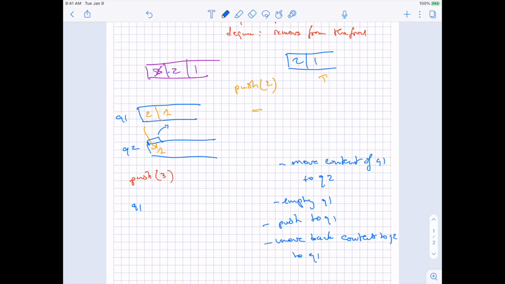So basically we use Q2 just as a placeholder of the elements until we push the new element so that it's at the front, because last in first out for the stack, that's what we want, and then we add the rest of the elements